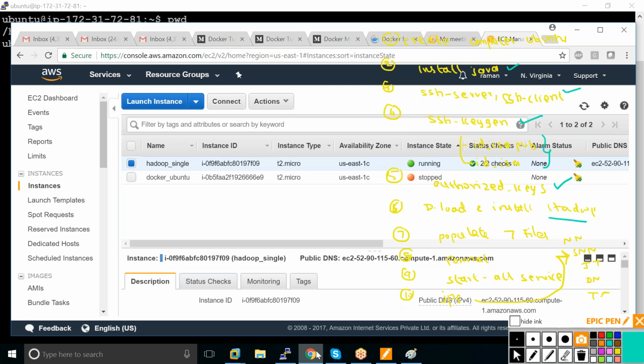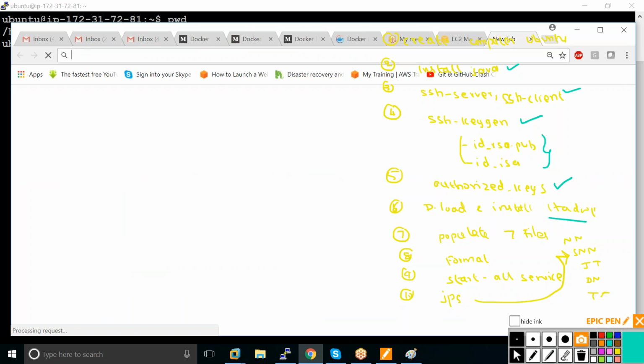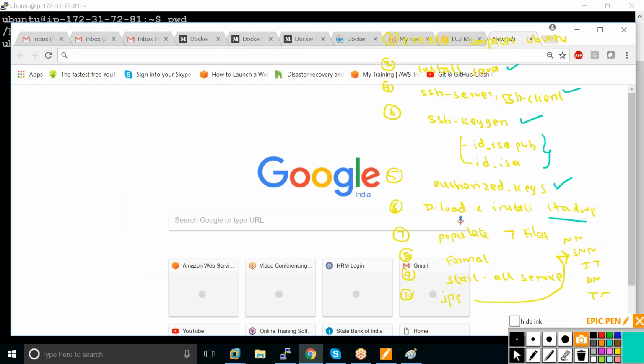Where to download? Go to Google and simply type